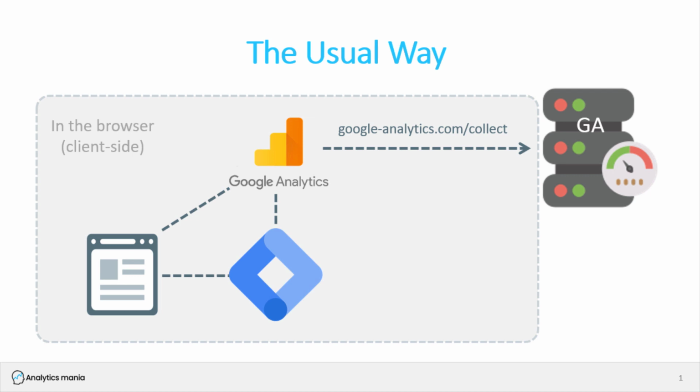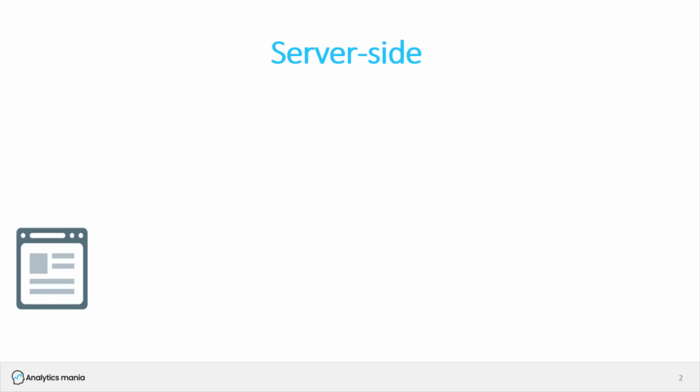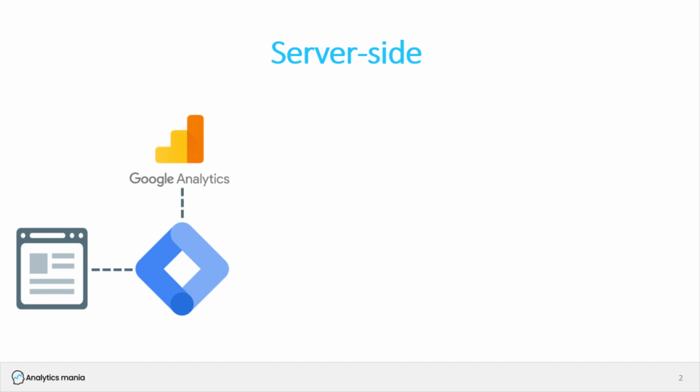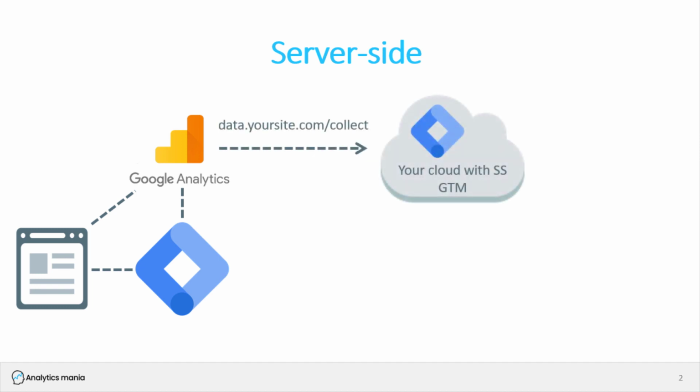Now with server-side tracking in Google Tag Manager, the concept looks different. So let's take a look. You have a website, and on that website, let's say once again you load your Google Tag Manager container. Now I'm talking right now about the regular website container. Then in that container, you activate your Google Analytics tag that also catches some information about the user, about the interaction, and so on. But then it sends the data not directly to Google Analytics, but to your cloud instance